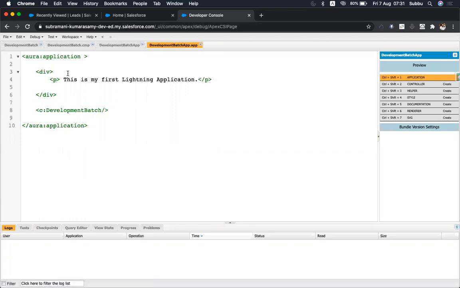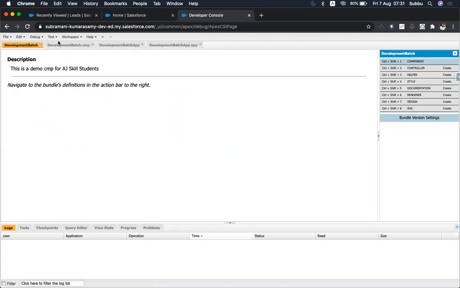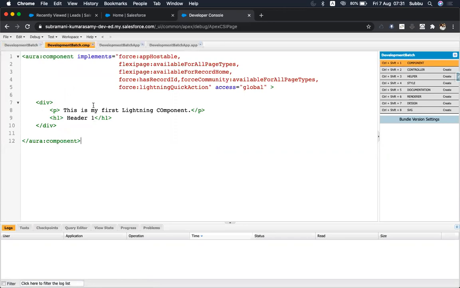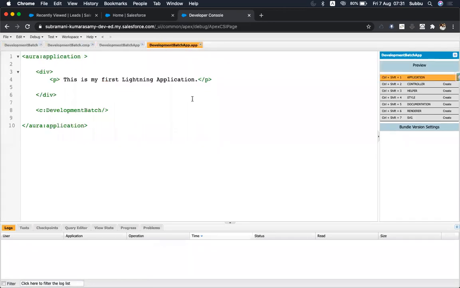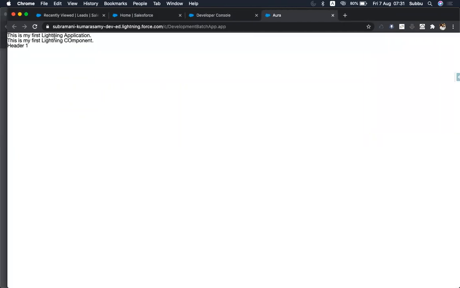So now I have the lightning component which has some text here, and I have the lightning application. In the application I am launching my lightning component. Like this you can have a number of lightning components which you can launch here in the application. Okay, for now let's click on preview. See here, this is the text which is there in the lightning component, and this is available in the lightning application.